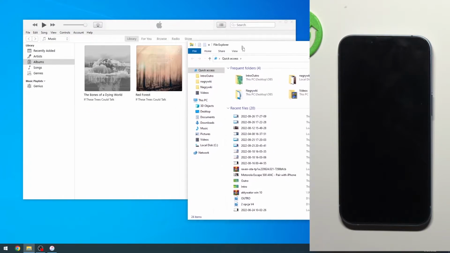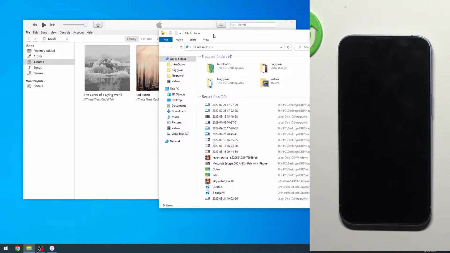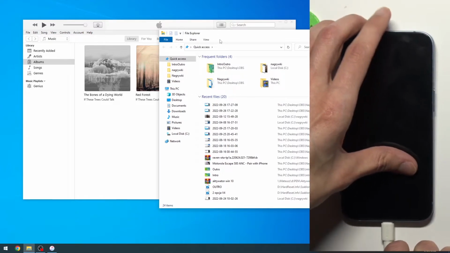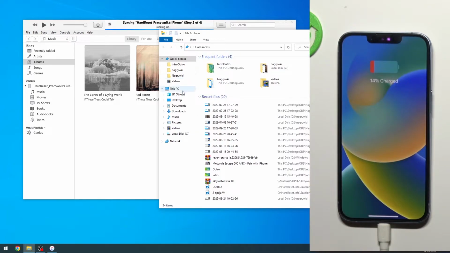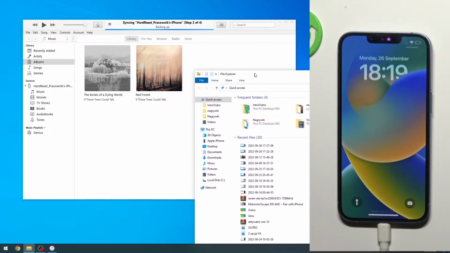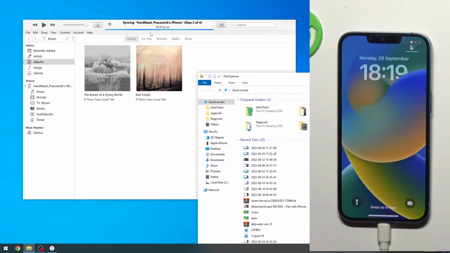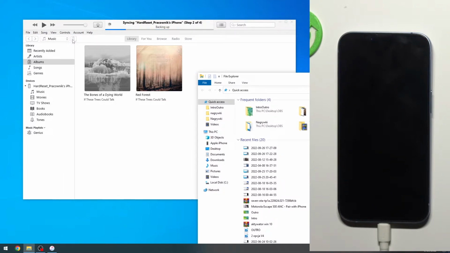a little bit space just so you can see both of the screens maybe. So if I plug in my phone, it should show up here. So for Finder it will show up on the side panel, and on iTunes it will show up after it backs up. You can see this icon that was grayed out till the backup is finished, and you can see